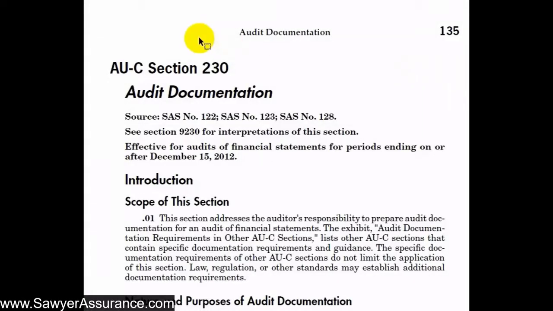Alright, so in this video we're starting a new series on AUC Section 230 about audit documentation. The text of this AUC section comes from SAS numbers 122, 123, and 128. We also have an interpretive section, 9230, which we might make reference to throughout these videos. And this AUC Section 230 is effective for the audits of financial statements for periods ending on or after December